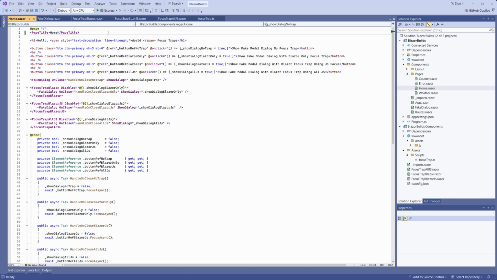to a certain area. The canonical use case is that of a modal dialog, where without a focus trap, a keyboard-only user, such as a visually impaired user, may tab out of the modal without realizing it, causing confusion and frustration. I myself am guilty of not adding them in the past, as it wasn't until my 10th year as